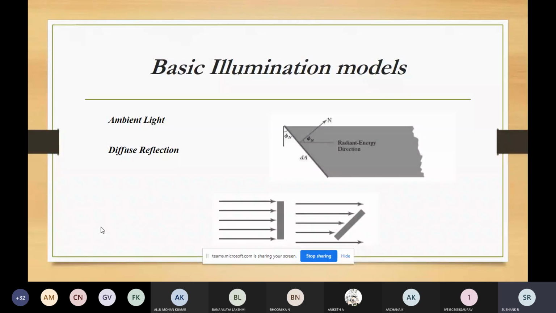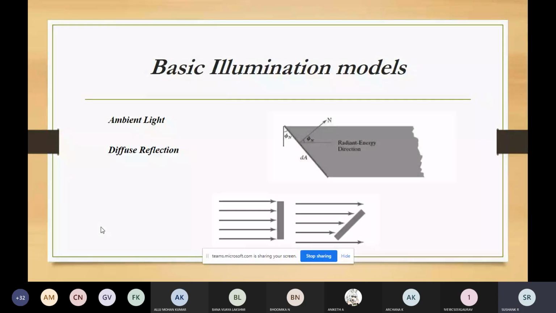So these kinds of surfaces, we will call them diffuse reflectors. These are the ideal diffuse reflectors, and they are also known as Lambertian reflectors, because whatever light is falling on the surface, all of it gets reflected. Why Lambertian? Because the reflected light energy, the energy reflecting from the surface, is calculated with the Lambertian cosine law.